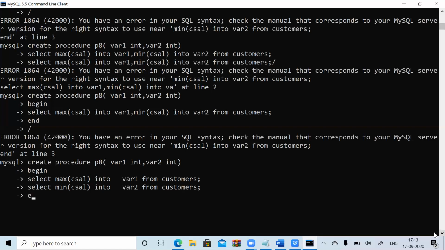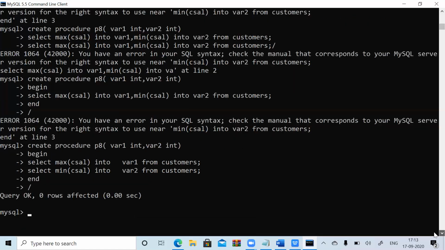Now is it wrong? Try to check. So this is correct for output.